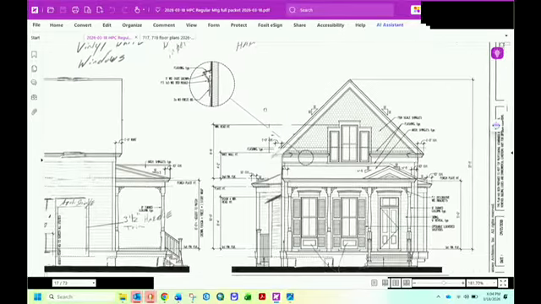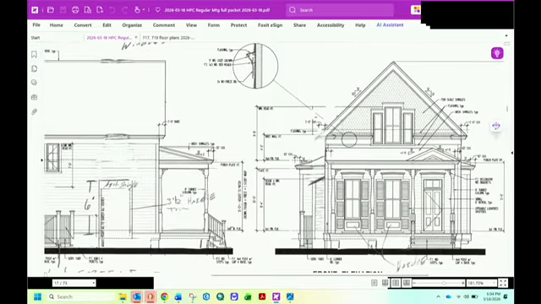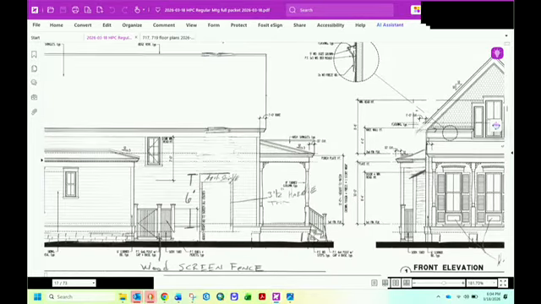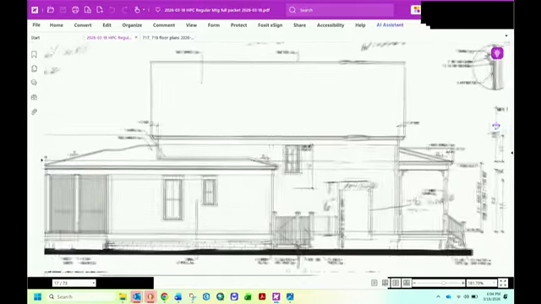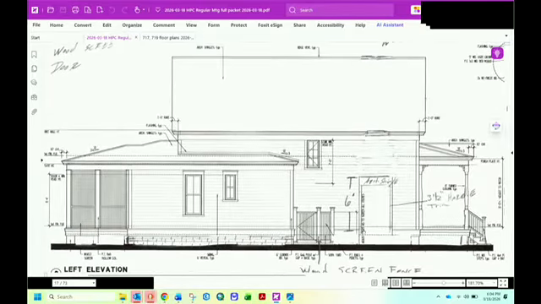Let's see. So we talked about the front. I believe I got everything on there, except that now we know that the panels under the windows here are also hardy with the way that he described. Then, as we move to the driveway side, we'll call it, right? The left elevation. Here, with the roof, typical, same as the other side, same trim work.